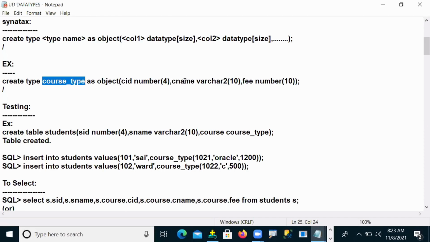CID, CNAME, and field. So these are the three now. So your course_type is nothing but how many values will be stored? Three values: course ID number, course name, and course fee. So now see, here I'm passing course_type. This is my user-defined data type name, course_type, with course ID 1021, course name Oracle, course